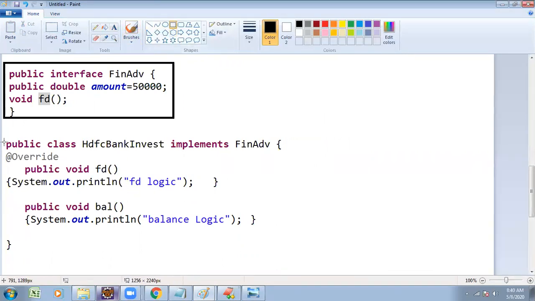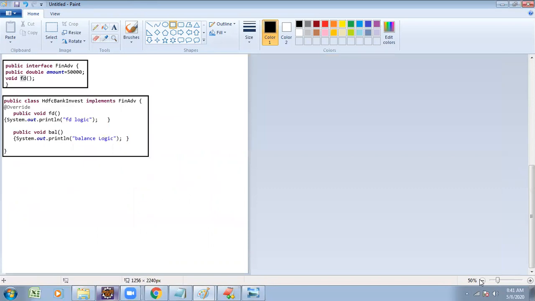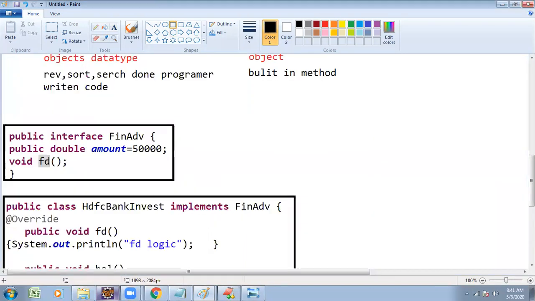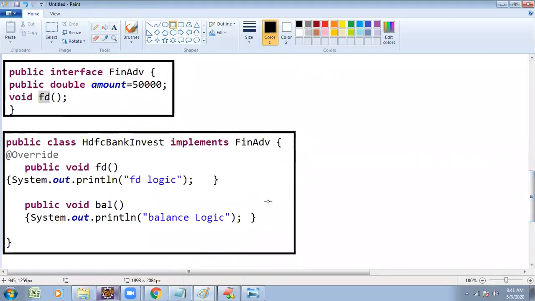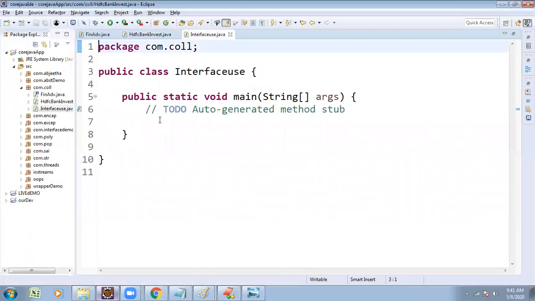Now try to observe. In the main method I am writing logic to execute this. What is the procedure I wanted to follow to execute this logic? Start execution from the main method.